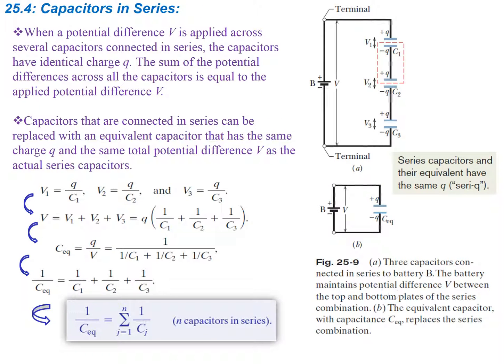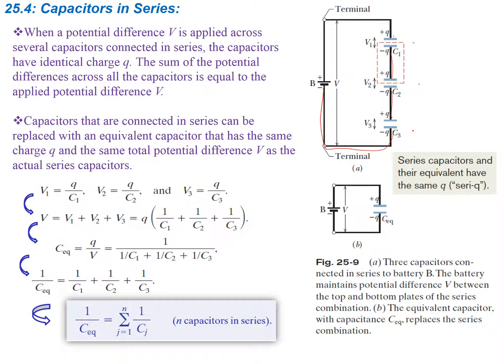Okay. Now, capacitors in series are going to work a little bit differently. So again, something in series is going to be ones that basically go from end to end. So you have a terminal that comes in from one end, and then the other terminal goes into the next one, and the other terminal goes into the next one, and the other terminal goes all the way back into the battery. So when a potential difference, V, is applied across several capacitors connected in series, the capacitors have identical charge Q. So now each capacitor is going to have the same charge,